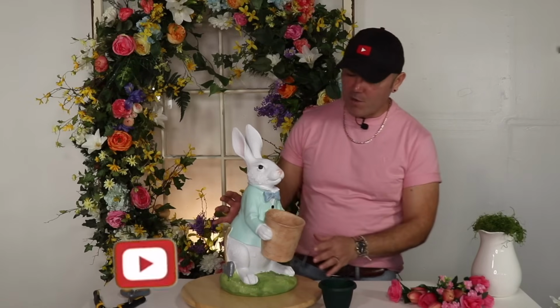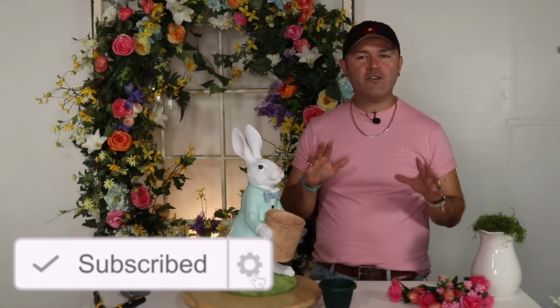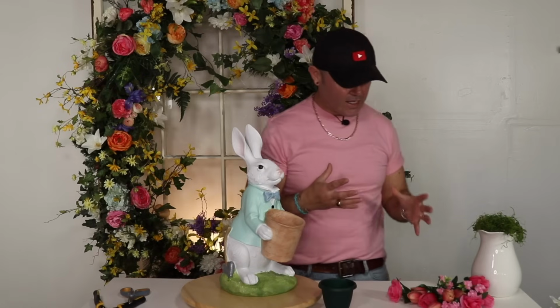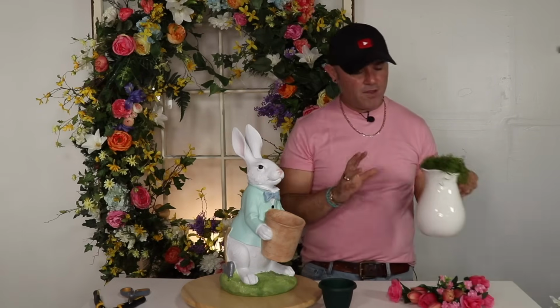All right, everyone, so we're gonna start with our bunny that is going to be inside of our lantern. Every season I like to decorate a lantern because I really think that interior design, it's really about the details, and I love to give you guys ideas in the details in your interior design. So we're gonna do a beautiful lantern for my server, and I want to point out that this is a